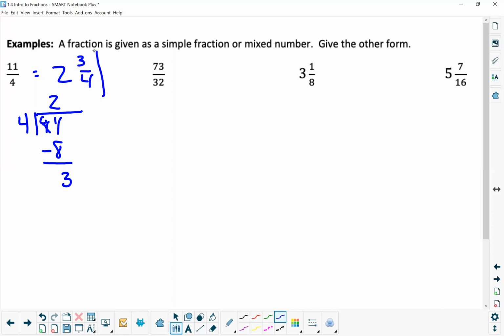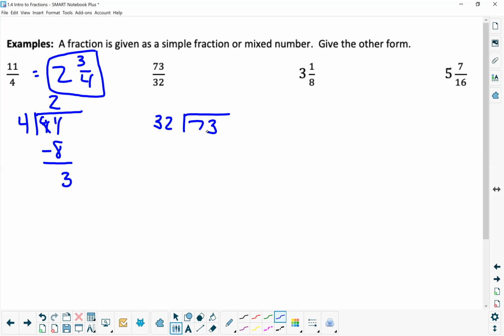Always kind of fun when you use consecutive numbers, 2, 3, 4 there. The next one, a little more difficult, 32 into 73. So one